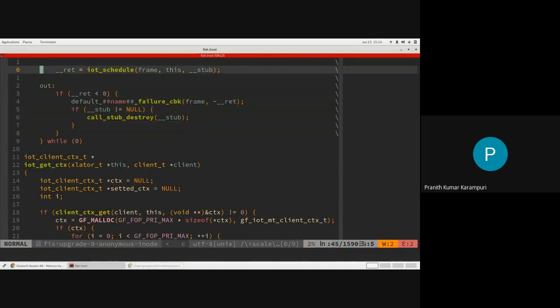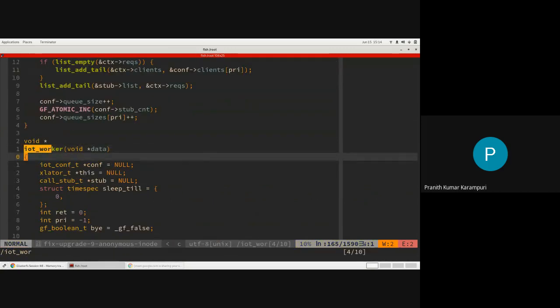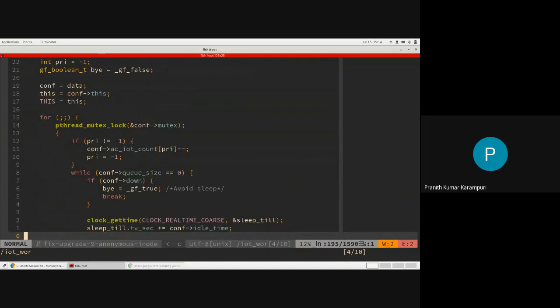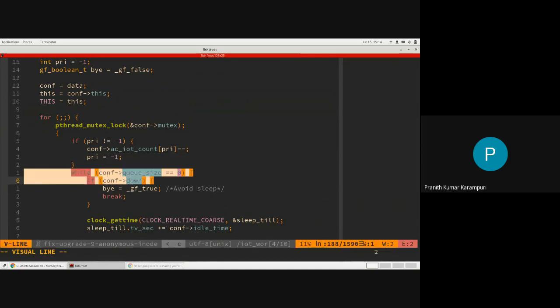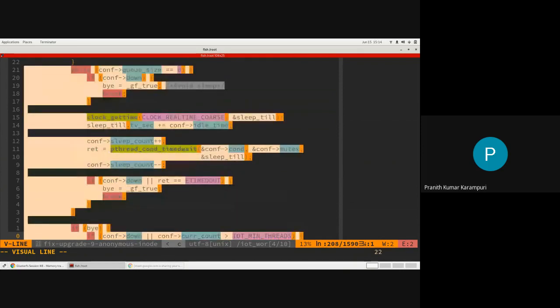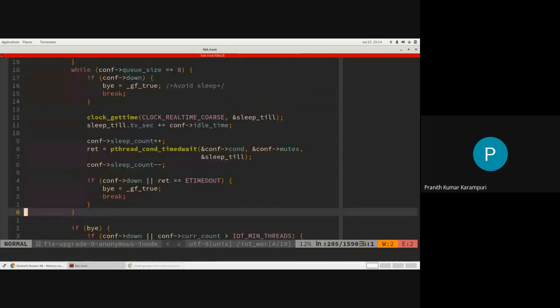Now we will go to the IOT worker. So each IOT worker, when it wakes up, it will wait until the queue size is non-zero, which is generally the case if you have active IO.